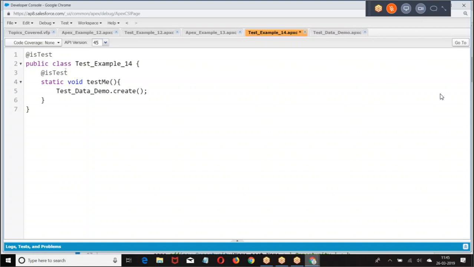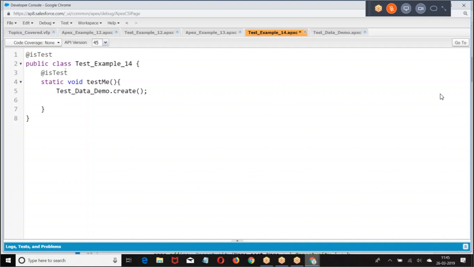Every time I was testing, I was creating @testSetup for opportunity, again and again. Why so many times? Create a test class, create dummy data in the class, and call that method in the test class. When you call the method, sample data is automatically created. This is called a test factory. That is called test setup. Within a test class, if you want to create a test setup, fine. But if you want to create sample data for all the test classes, it is a test factory. People call it a utility class or test factory. I hope you got my point. Both are the same.